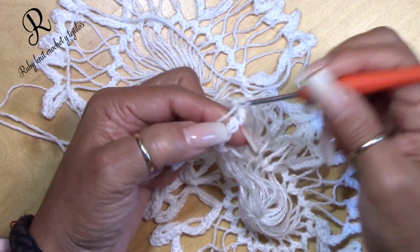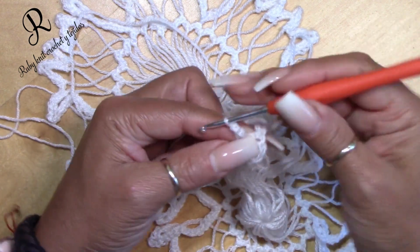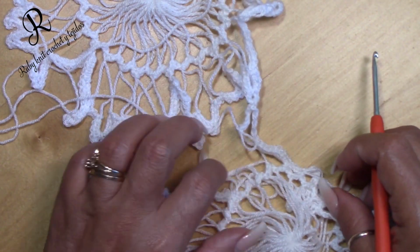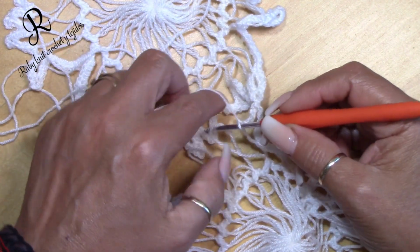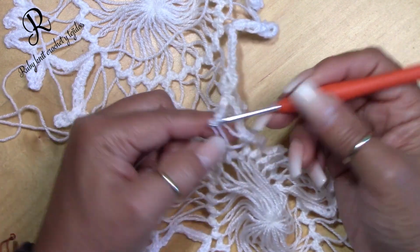1, 2, 3, and 4. You're gonna chain 1. You're gonna find the next loop, and now they're loose because I already removed them from the strand. And in this loop, I'm gonna do my 4 single crochet,